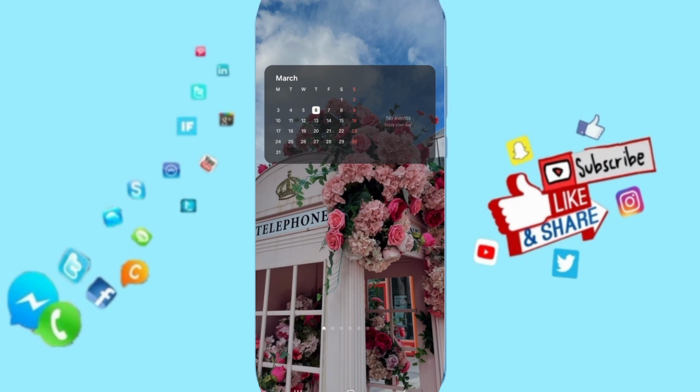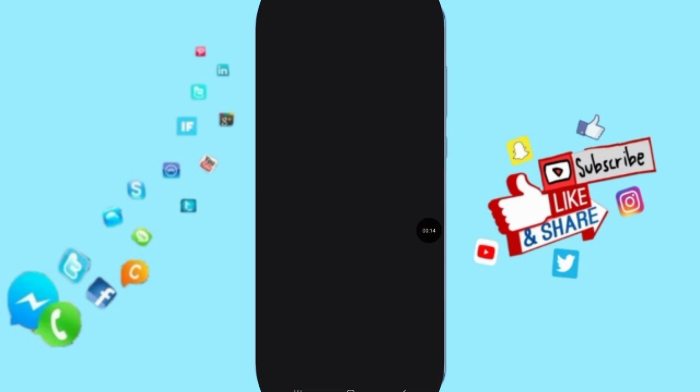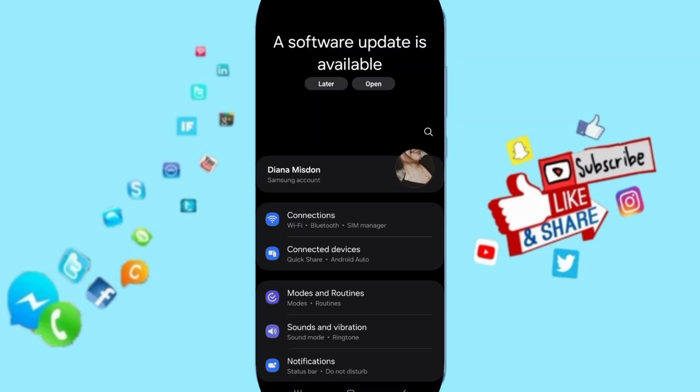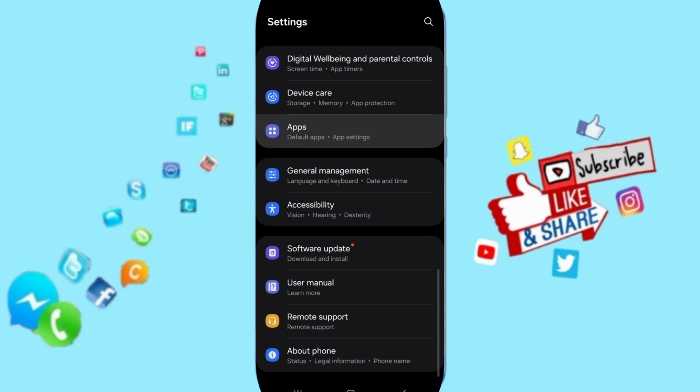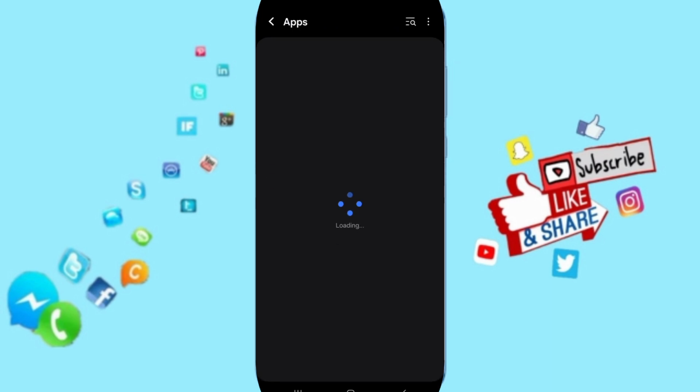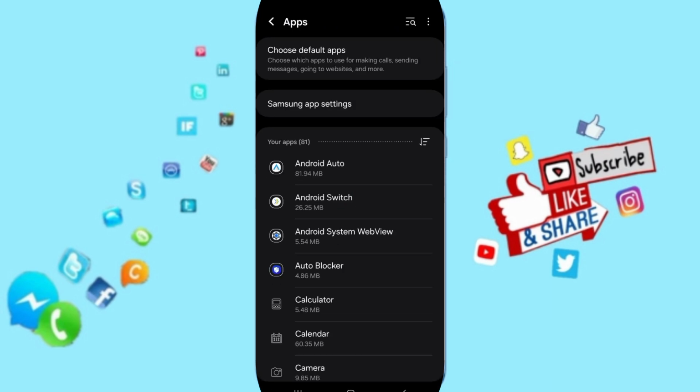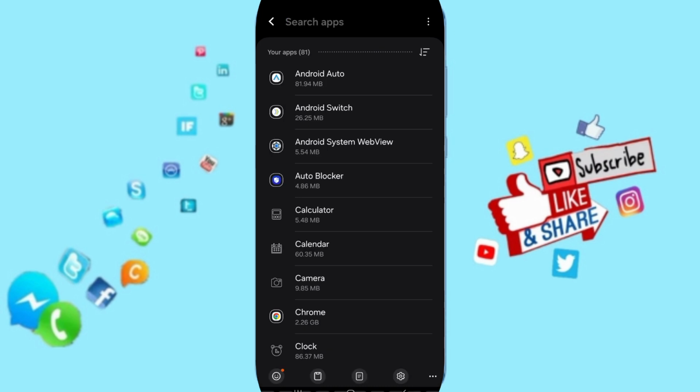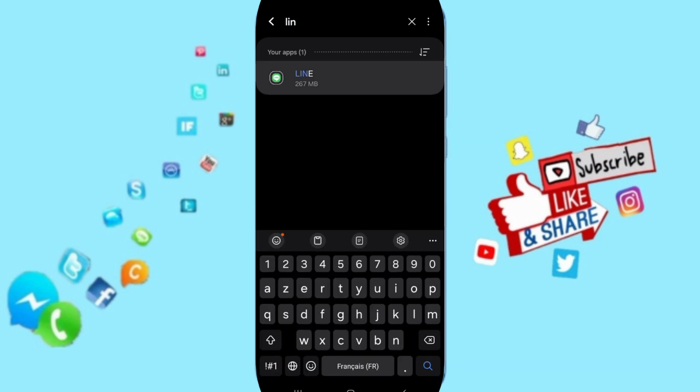Today we'll talk about how to fix or how to solve the problem of LINE. Here we go to settings, as you see, and we click. Here we will go to apps, default apps, app settings. Here we search for the LINE application